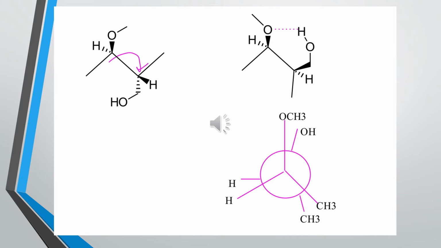So in the upper left is the sawhorse representation of the molecule that you were given in the given conformation, and of course that's a staggered conformation. You can tell because it's a zigzag, fully extended carbon framework. But if you rotate about that bond, as the purple arrow shows, to generate the eclipsed conformation, which you can see in the upper right, that's the sawhorse type drawing,